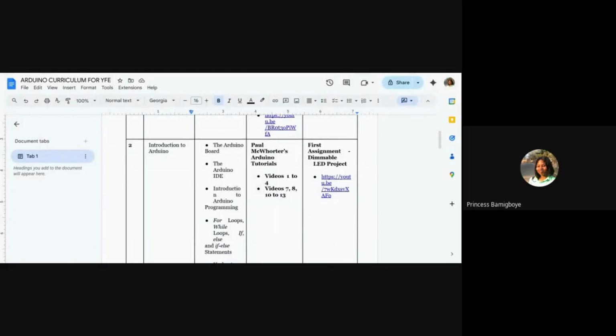So now the next thing on our agenda is the introduction to Arduino. Since this is basically me repeating what I taught in the second class, we will cover the Arduino board and stop at the Arduino IDE, because that's where we stopped in the last class. So yeah, let's move.